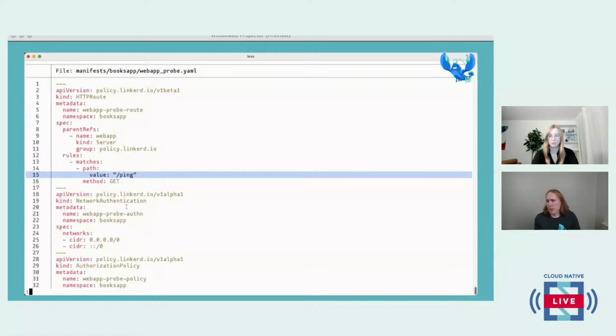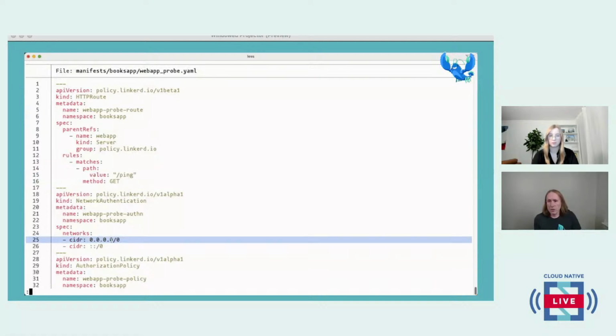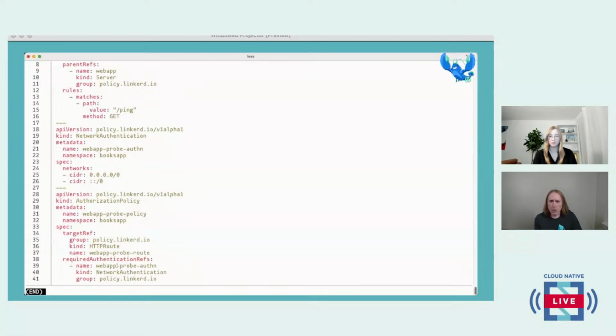We're not going to use mTLS authentication here because the kubelet probes don't come from within Linkerd. They come from the kube-system namespace generally, and that's not part of our mesh. So instead, we're creating a network authentication to allow traffic from any network whatsoever, whether it's IPv4 or IPv6, and we will allow anything with that network authentication to our web app probe HTTP route.